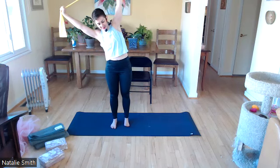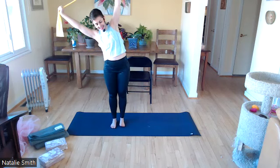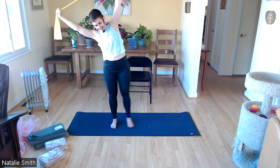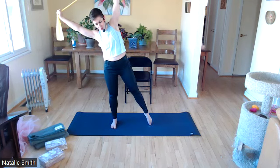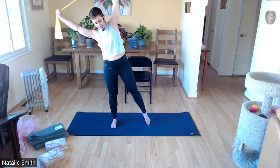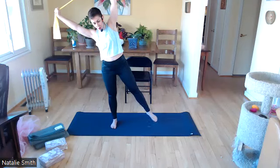Seven. 6. 5. 4. 3, 2, and 1. Now bring that right foot out and stretch that left arm, but keep that no weight on that